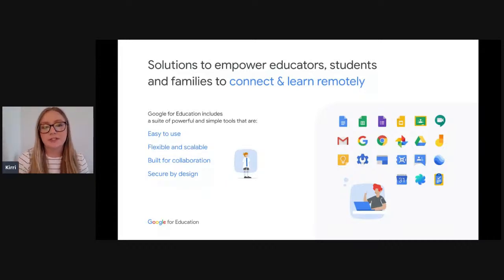But in terms of G Suite for Education, the reason that people are using them and they're so widely used across the world is because they're so intuitive and easy to use. And that's generally some of the key feedback we get from teachers. They're scalable. So for those of you that maybe already had a G Suite domain or you're using a centralized domain in a multi-academy trust, for example, you'll realize that they're really easy for everyone just to sign in and get on with, right? They're there, they work, they're easy to use. They're built for collaboration, and we're going to dive a little bit more into collaboration today. And G Suite for Education is secure by design and GDPR compliant.